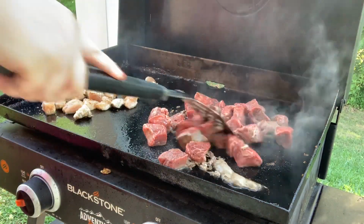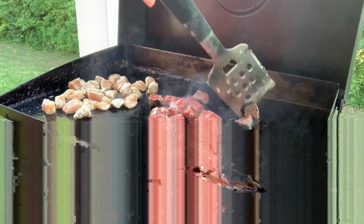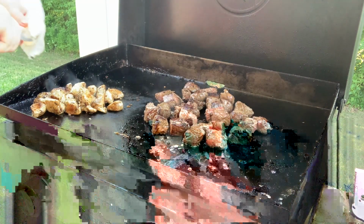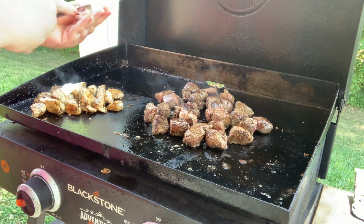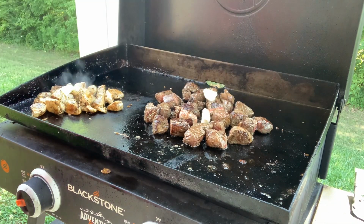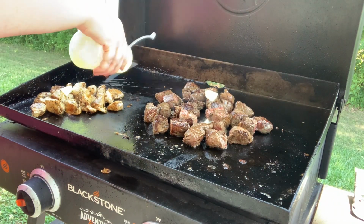It's kind of the same thing on repeat. You basically add a little oil to the grill, add whatever it is you're cooking, whether the vegetables, meat, whatever, season it with salt and pepper, let it cook, and then we're going to add in some butter and then a little bit of soy sauce, as well as I am going to put teriyaki sauce on the chicken, steak,